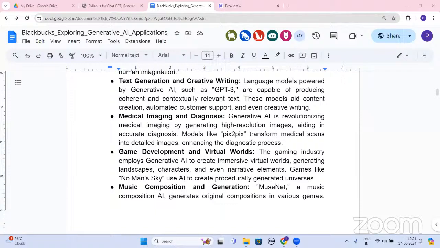Now, after this is done, the next part over here that I want you to understand is medical imaging. So how is it being used in medical imaging? There is a Pix2Pix model that can scan the detailed images that are available over here.